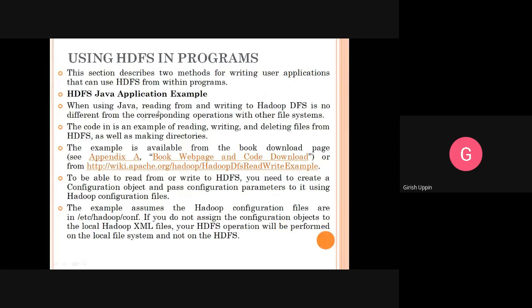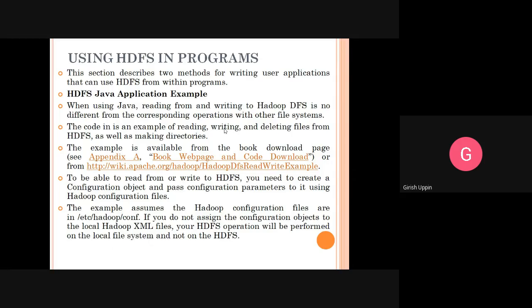When using Java, reading from and writing to Hadoop DFS is no different from the corresponding operation with other file systems. So when we are using Java programming to write to and read from the Hadoop file system, it is very similar to other file systems. The code in the example covers reading, writing, and deleting files from HDFS, as well as making directories.